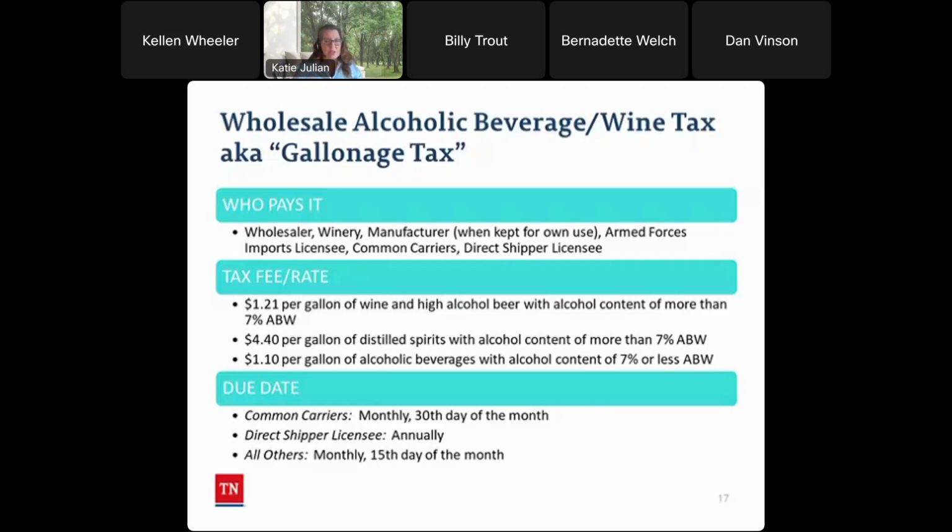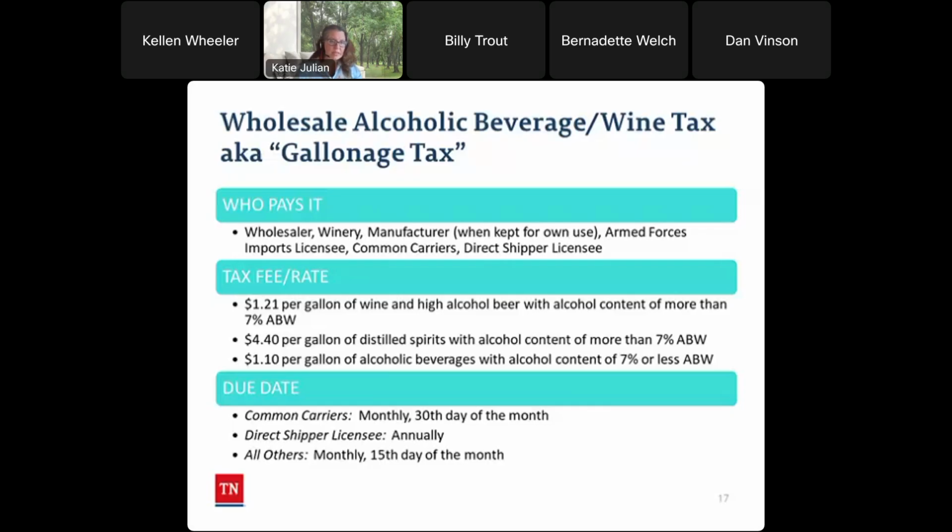Common carriers such as commercial airlines, paddle wheel steamboat companies, and passenger trains must report the wholesale gallonage tax on alcoholic beverages they bring into Tennessee on which they have not already paid alcoholic beverage taxes. There is a specific formula that they should follow that involves the amount of total passenger miles traveled while they're here in Tennessee. There's also a direct shipper report that may be relevant to some common carrier scenarios, and we're going to talk about that here in just a few minutes.